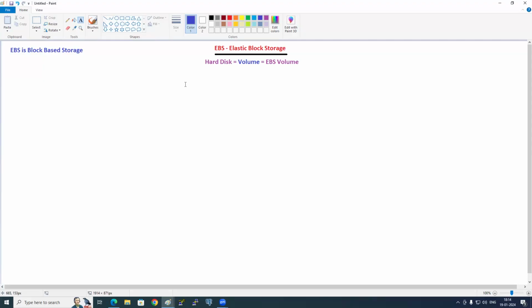And remember, anytime volumes can be attached, anytime volumes can be detached. This is AWS cloud, no? However much you want, you attach it. If you don't want, detach it. Additional volume can be detached. Yes. Root volume can be detached. Yes. Anytime you can, but there is a process, there is a way to detach and attach. We'll talk about it. But remember, volumes can be attached, volumes can also be detached. Is this clear?